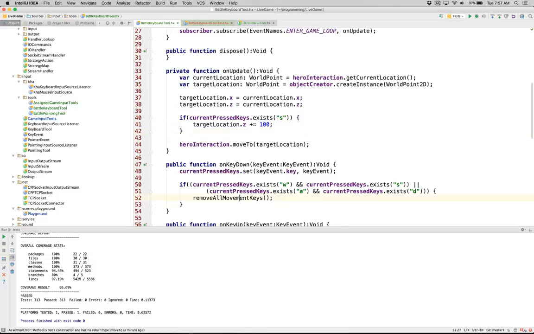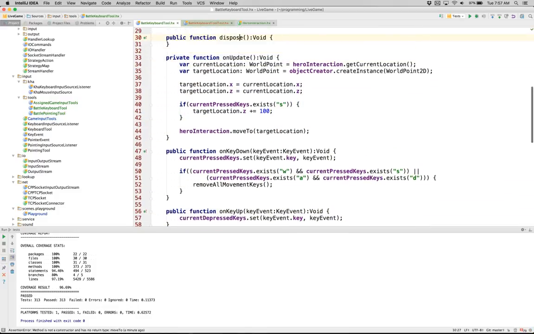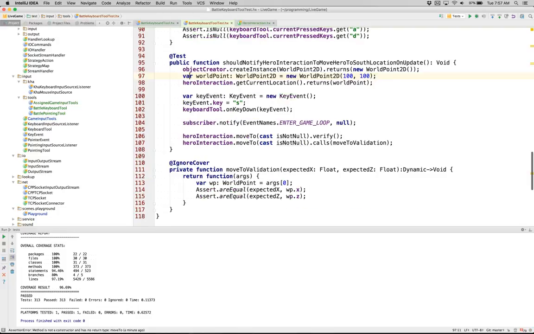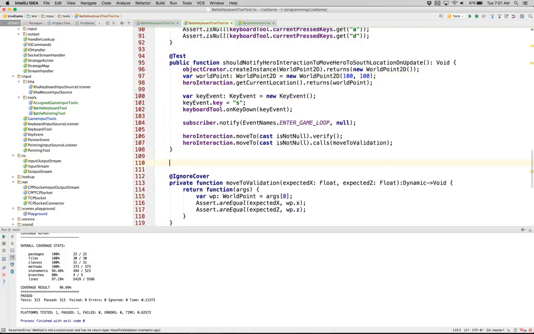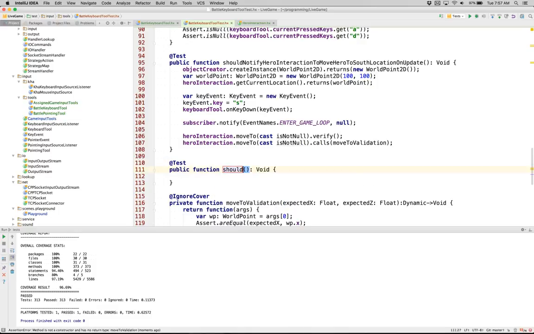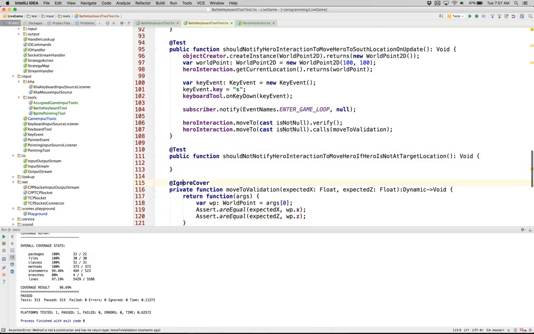Maybe we don't. Okay, so let's just play with this. So we're going to do test should not notify hero interaction to move hero if hero is not at target location. Okay? And we're going to just do our